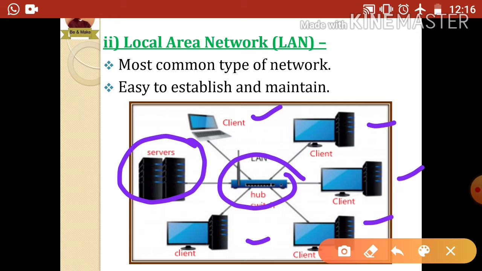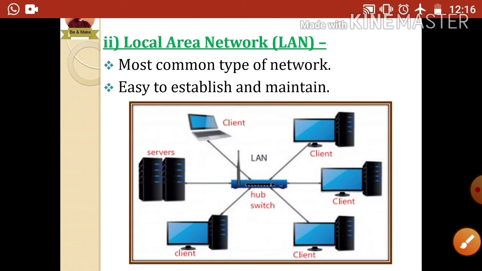Now all the working of these components we have learned in the last session of this lesson. So this is how the local area network will look.